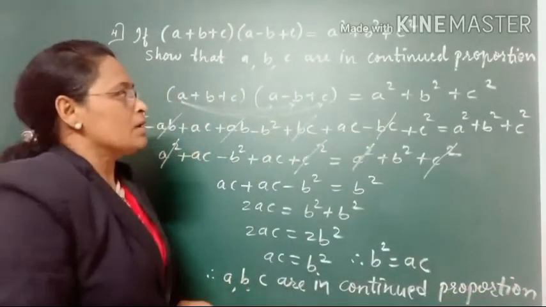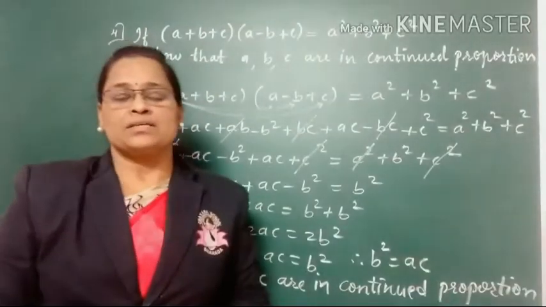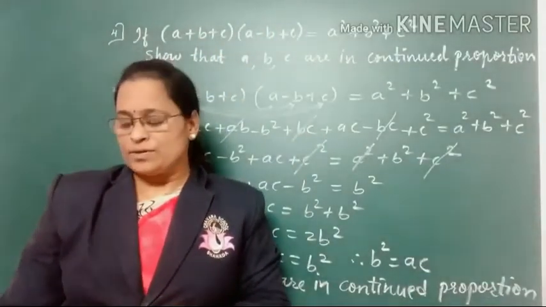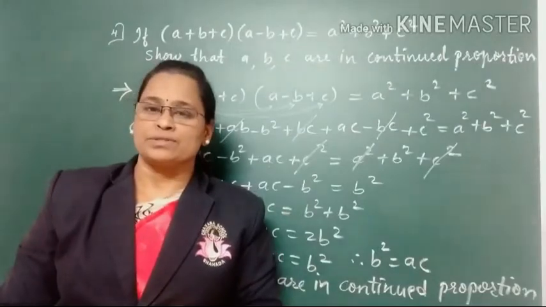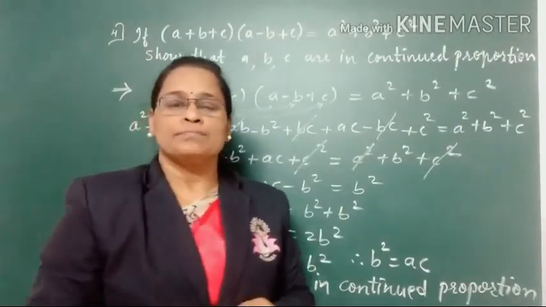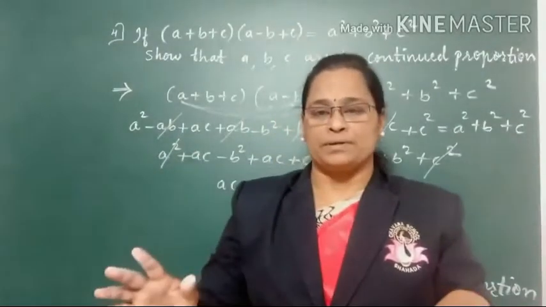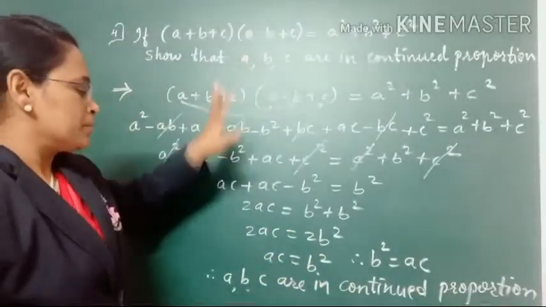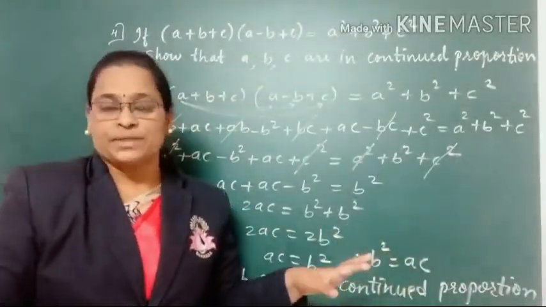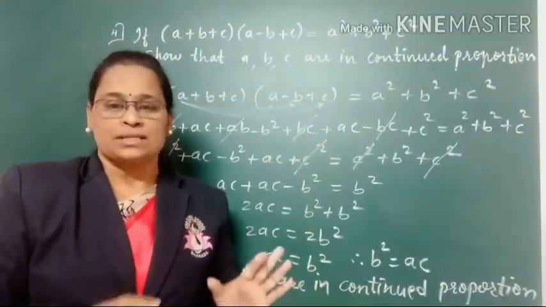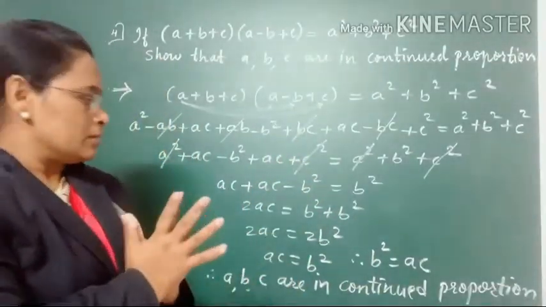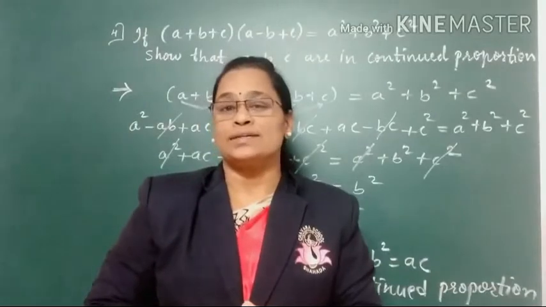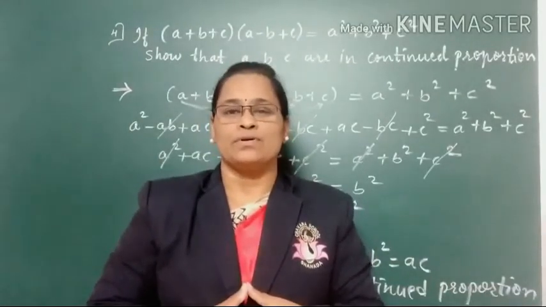In this way, we have to prove how A, B, C can be in continued proportion from the given equations. I hope you have understood all the examples here. Try to find the solutions of these yourself. And this continued proportion is very simple. As we have to remember, if A, B, C are in continued proportion, then B square is equal to AC. It means A is to B is equal to B is to C. That is quite simple. So solve all the examples and practice them. Without practice, maths is not successful. So, best of luck for all the solutions.